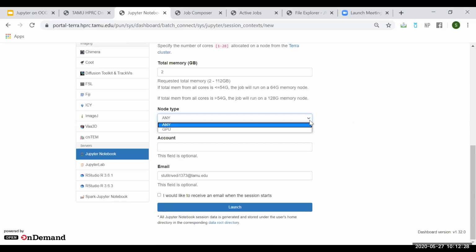The node type can be either the login nodes or the GPU nodes. Currently, we do not need a GPU simulation, so we'll go ahead with any and choose the login nodes. You can give your account number over here. It's an optional element. You can provide your email ID, and as soon as the session starts. So in some cases, if the server is busy, the request will be placed in a queue, and you can access the queue, and as soon as your turn comes up, you'll get an email pop up and you can start using the server. When I click launch,